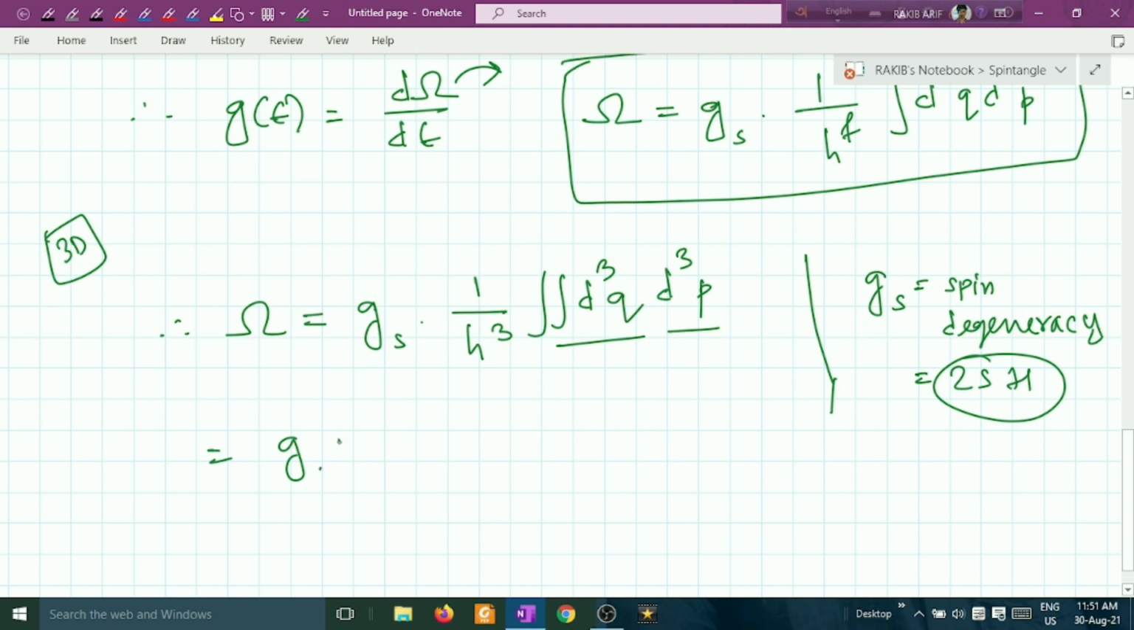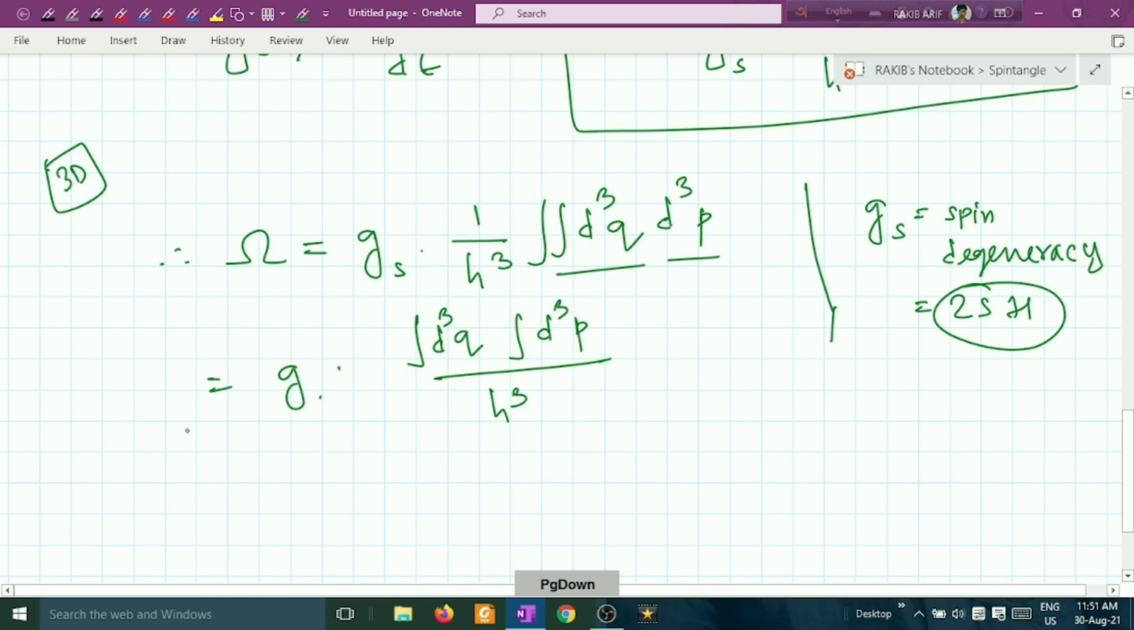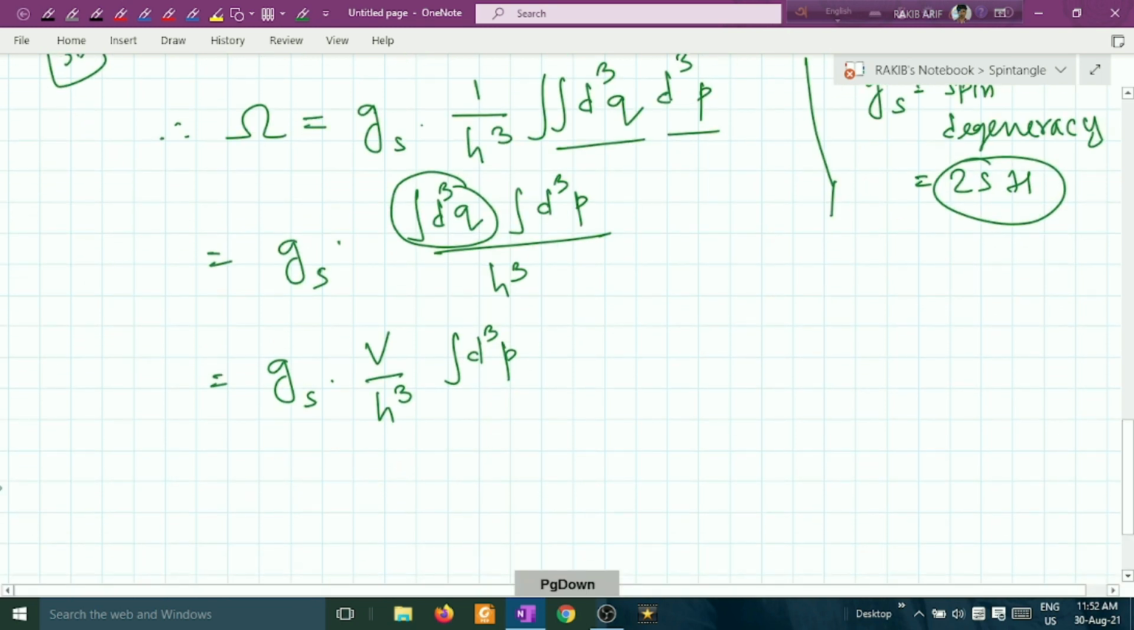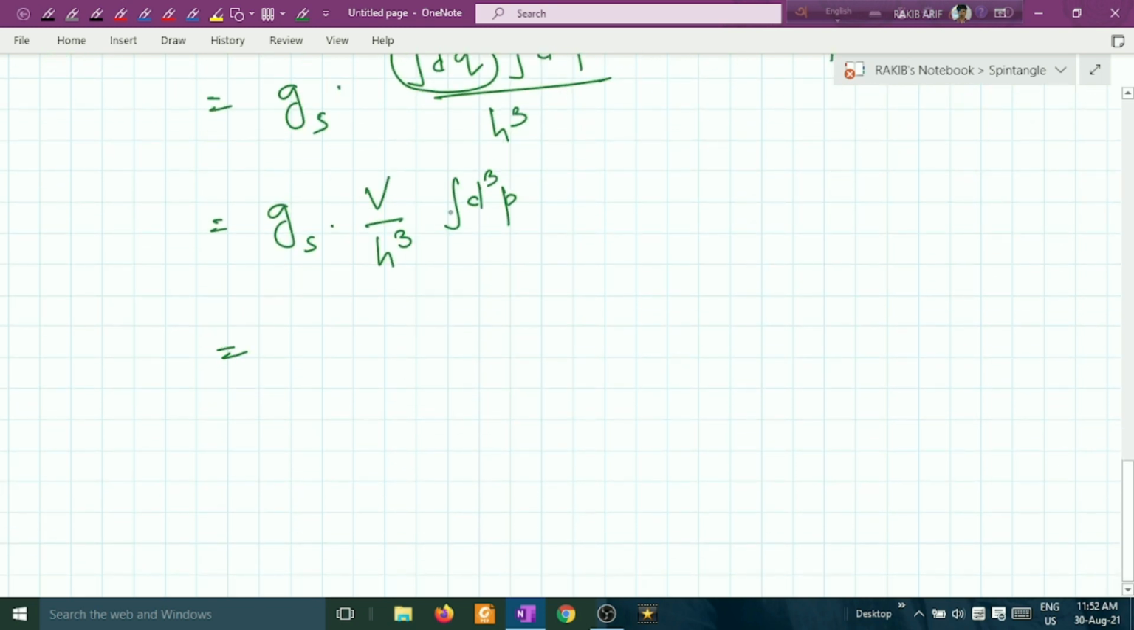Therefore, what will it become? g_s equals integration d cube Q, integration d cube P upon h cube. That means it becomes g_s times, what is this? This is the volume, the spatial volume. And this is the volume in momentum space, and we know the volume element of momentum space is 4 pi p square dp. Therefore, the volume in momentum space will be written as g_s into V by h cube, integration 4 pi p square